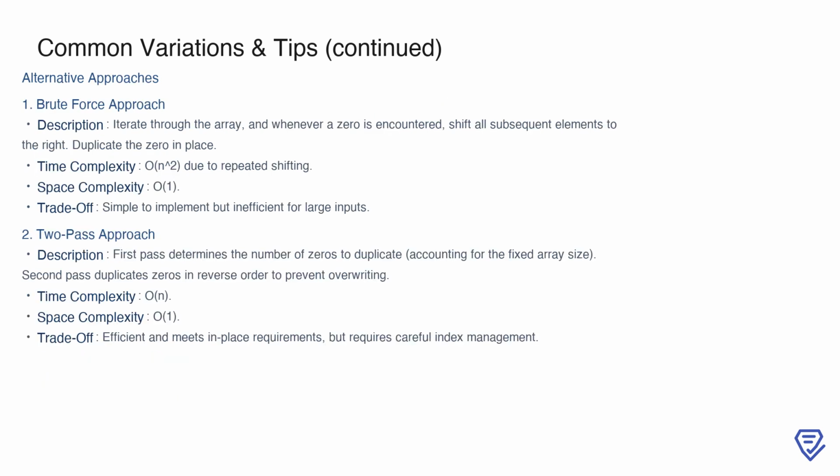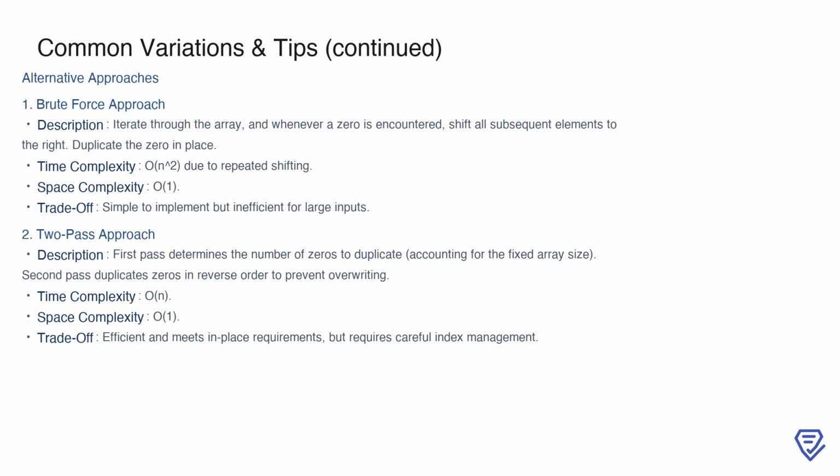There are alternative approaches to solving this problem, each with its own trade-offs. The brute force approach involves iterating through the array and, whenever a zero is encountered, shifting all subsequent elements to the right before duplicating the zero in place. While this method is simple to implement, its time complexity is O(n^2) due to repeated shifting, making it inefficient